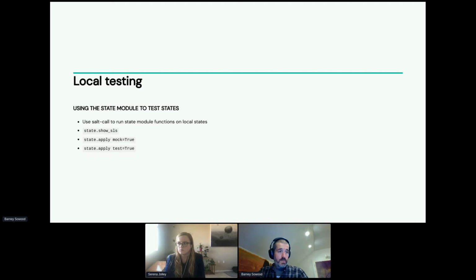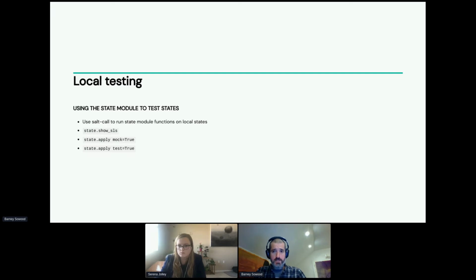Okay, so we can use the state module to test states using various functions within the state module. So we can test and validate our local states before we actually try and apply them with state.apply on a real system.